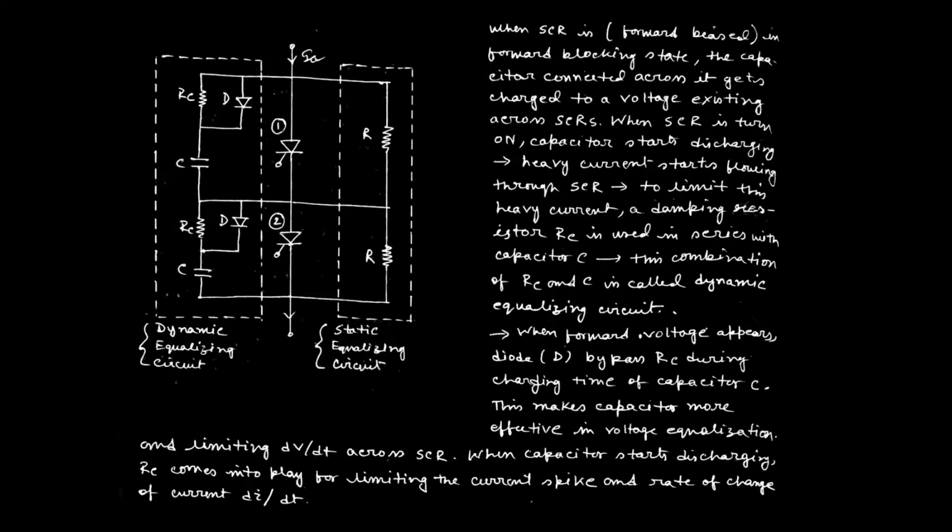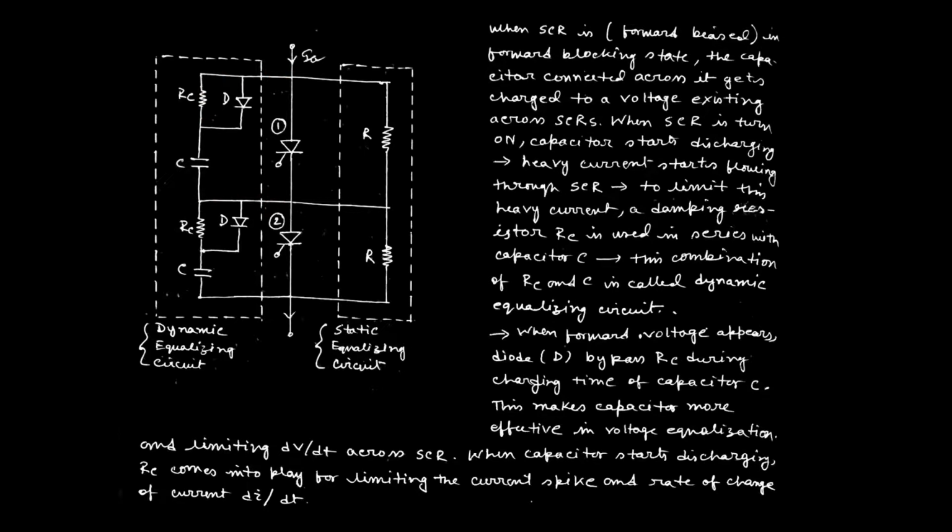But there is a problem. What if we add this resistance in series with the capacitor? Then during charging time it will take more current, because the resistance tries to oppose the charging current of the capacitor. That is why we should bypass this current, and we are using a unidirectional diode over here. During charging, the current flows in this direction. During discharging, the diode is reverse biased, and the capacitor discharges through this resistance. That is why the discharging current is limited by this resistance.